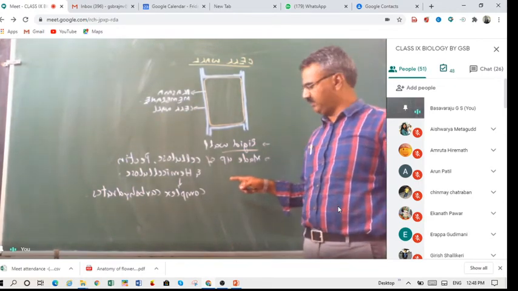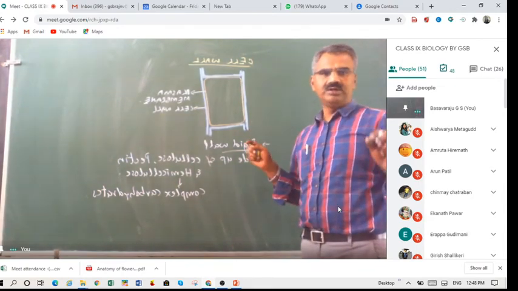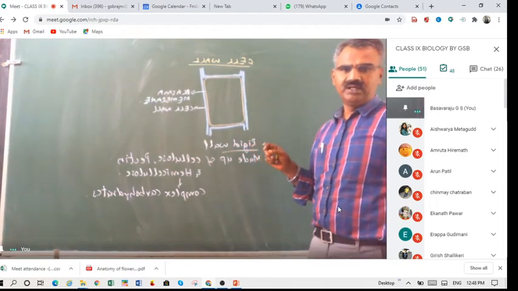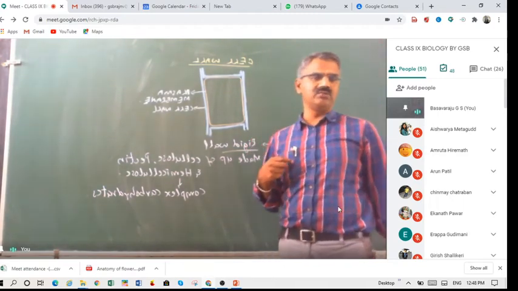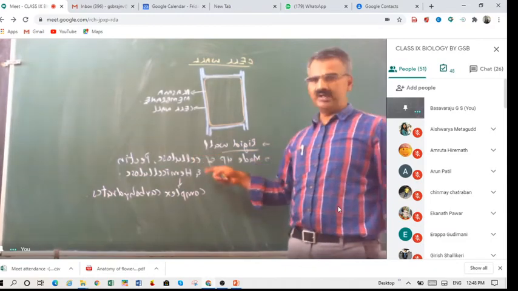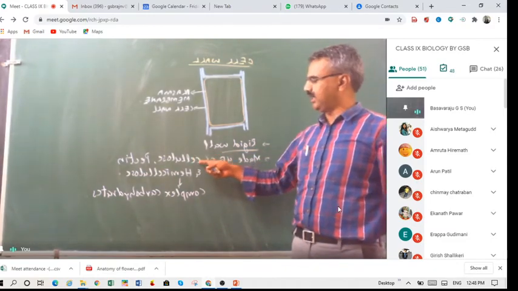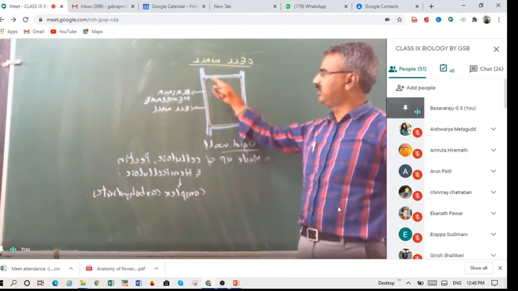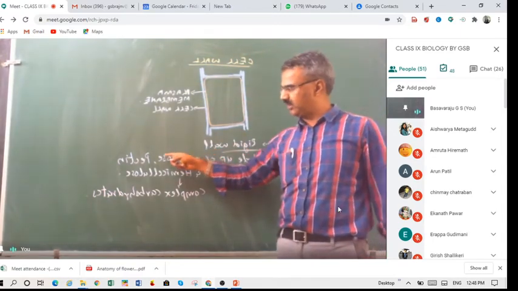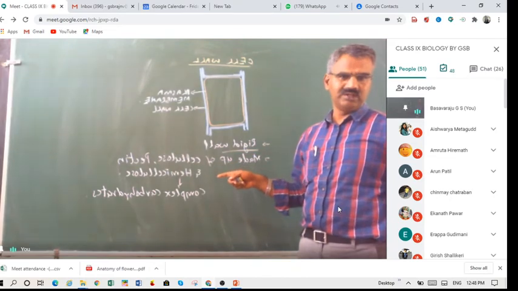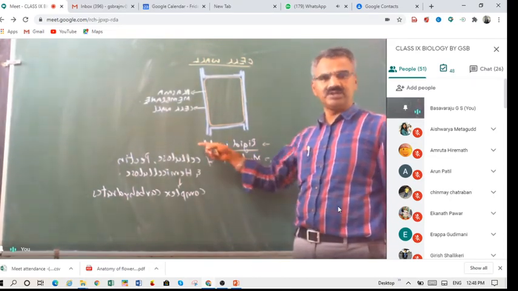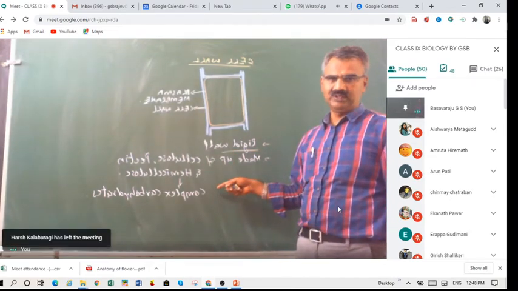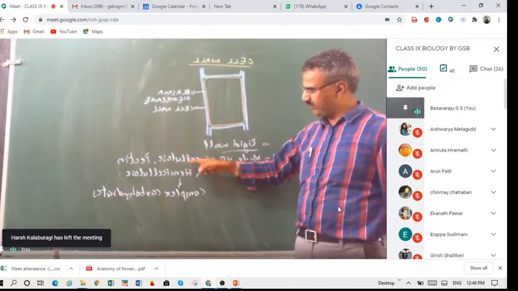Starch is present in the food grains which we eat, and that's the one which can be digested. Along with that we are also taking the cellulose, pectin and hemicellulose which are present in the cell wall. Of course, they cannot be digested by our body, but there are other animals which can digest them also. Okay, so like this we have this one.